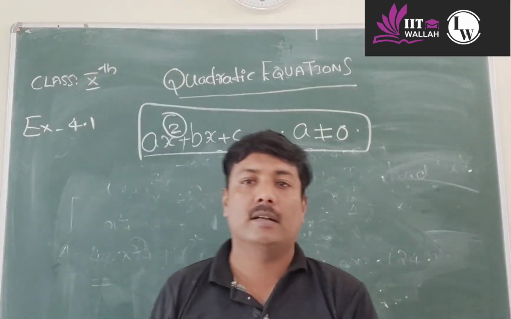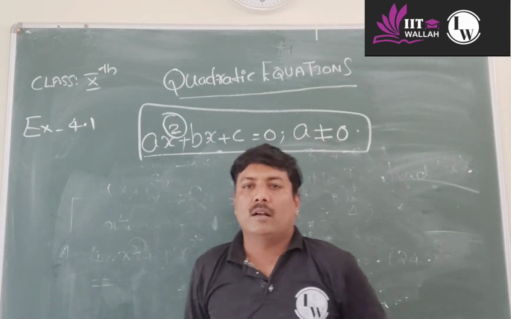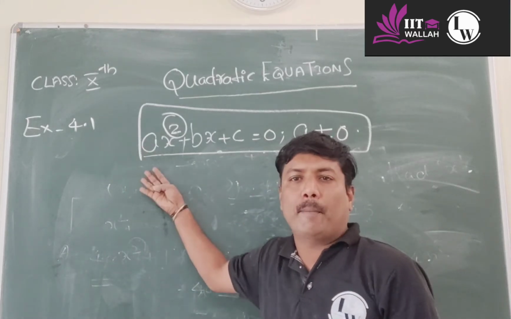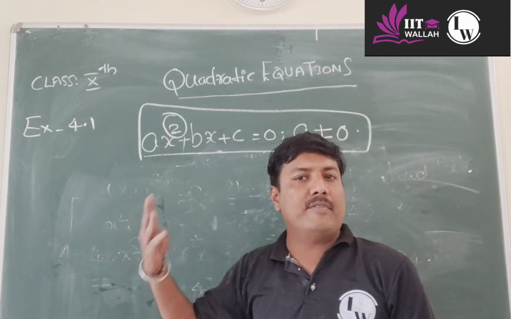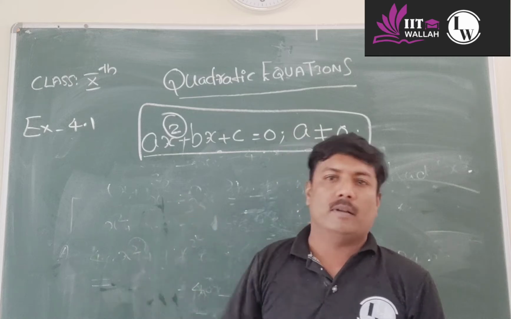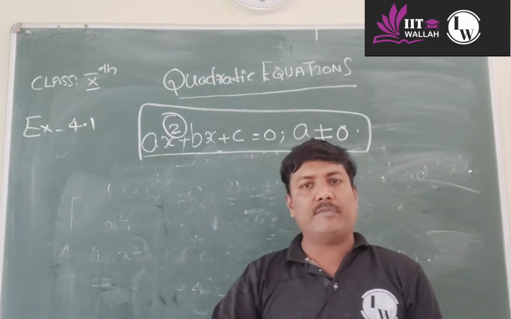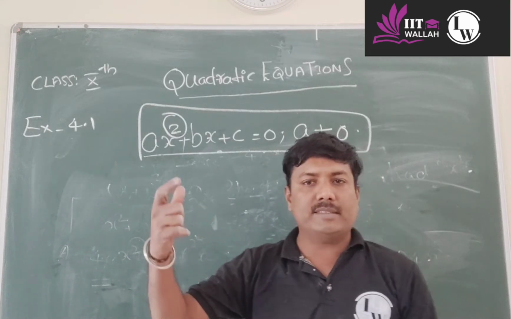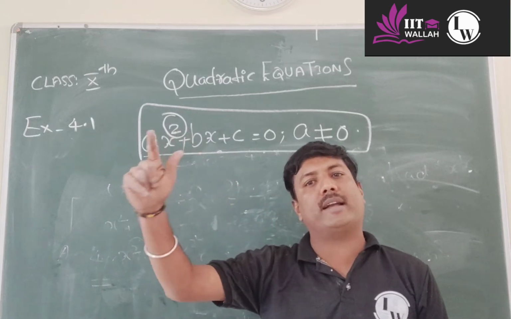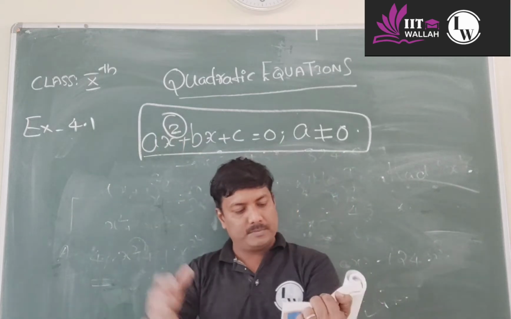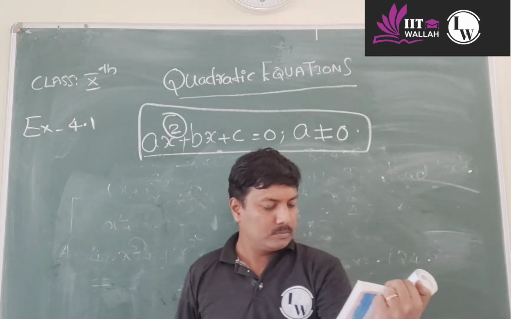This is how we can check whether the given equation is quadratic or not. How we can check? We will simplify the given things, and at last we will check what is the degree. If the degree is 2, then it is a quadratic equation in x. If the variable is x, we will say that it is a quadratic equation in x. If the variable is y, we will say that it is a quadratic equation in y. Like that. So one more same model question we will do.